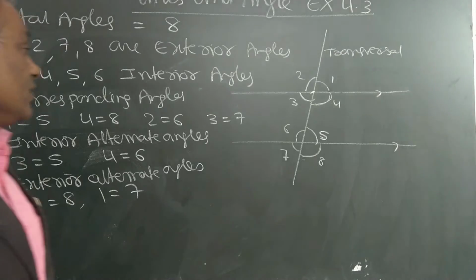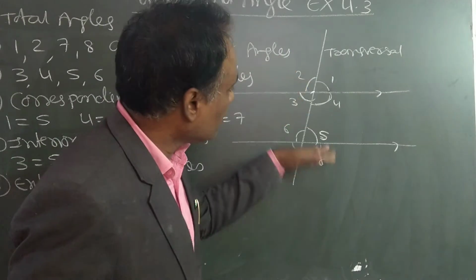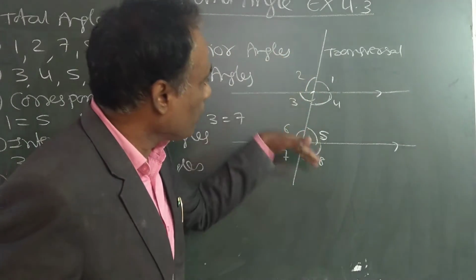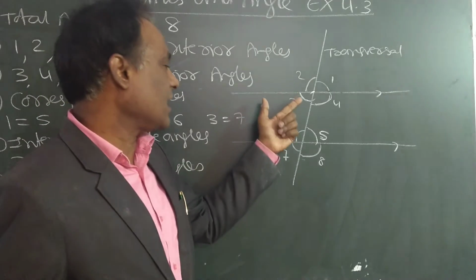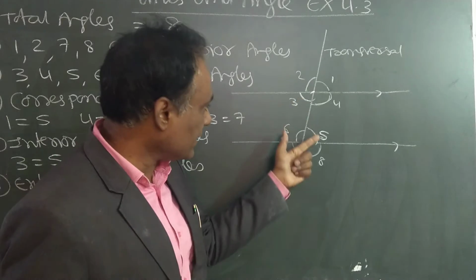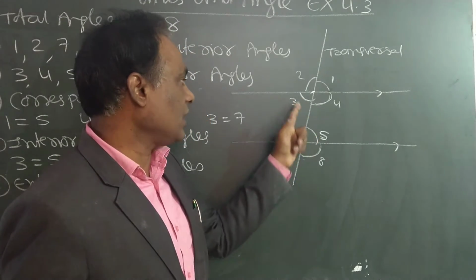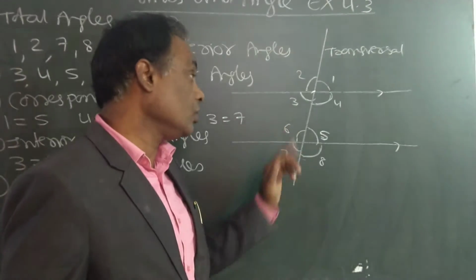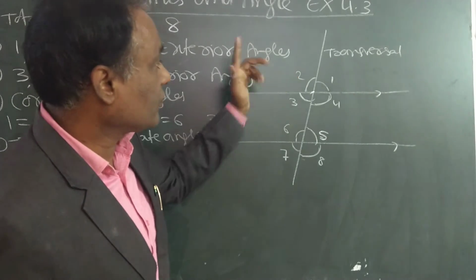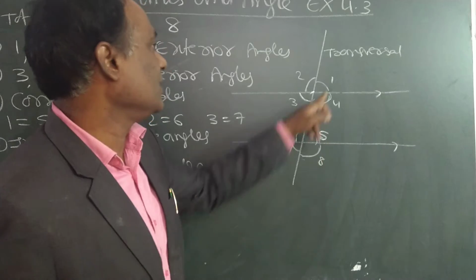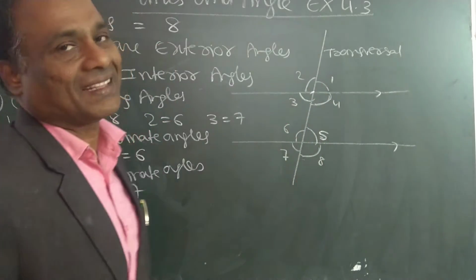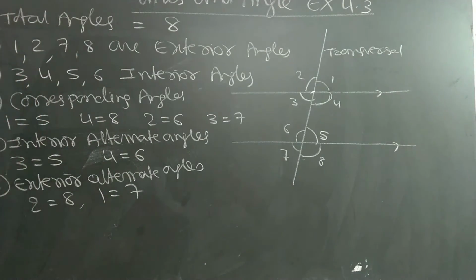Exterior alternate angles: the angles on opposite sides of the transversal are called alternate angles. So if they are on opposite sides, as with interior alternate angles, 3 is equal to 5, 4 is equal to 6. In the same way, this side has another angle on the opposite side: 2 is equal to 8, 1 is equal to 7, like that. So these are the exterior alternate angles. Next,